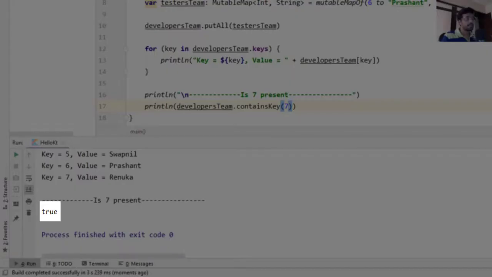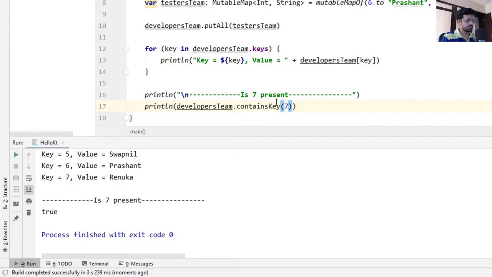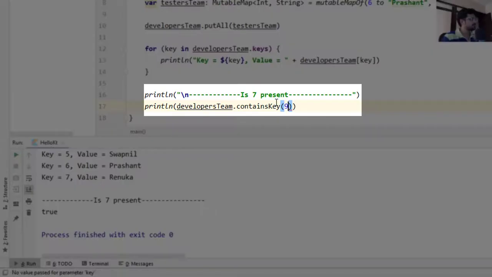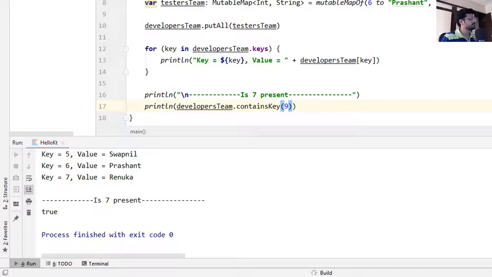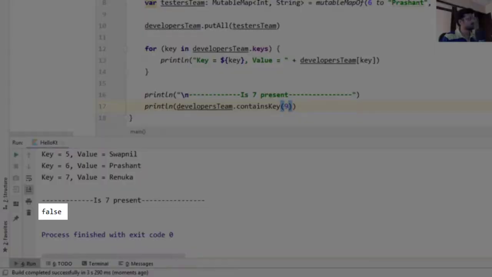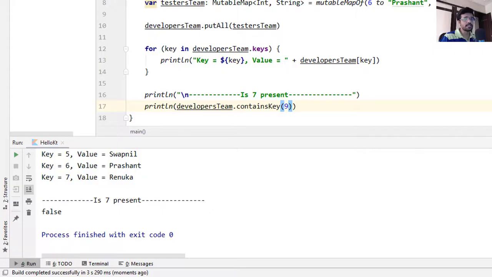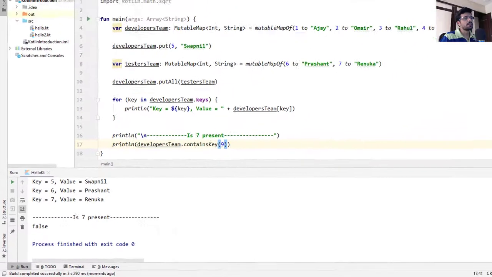And it returned true since the key 7 is present in our mutable map. Let's try changing our key. As you can see here, it is returning false since the key 9 is not present in our mutable map.